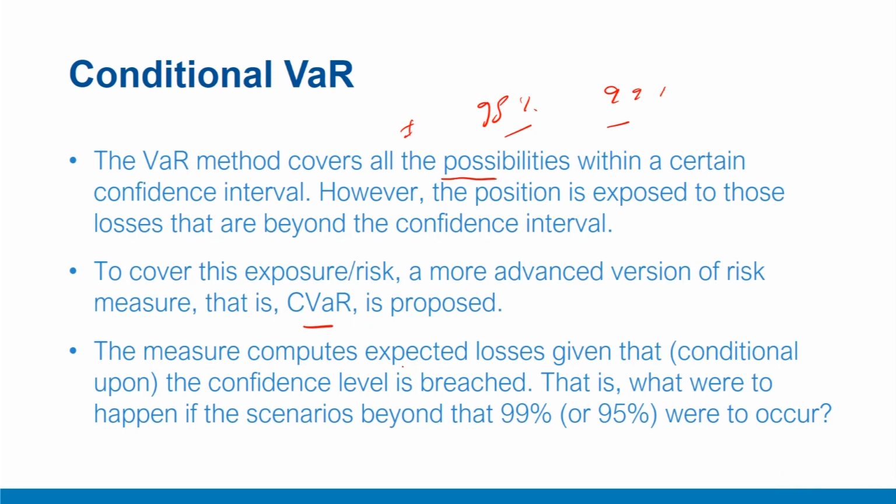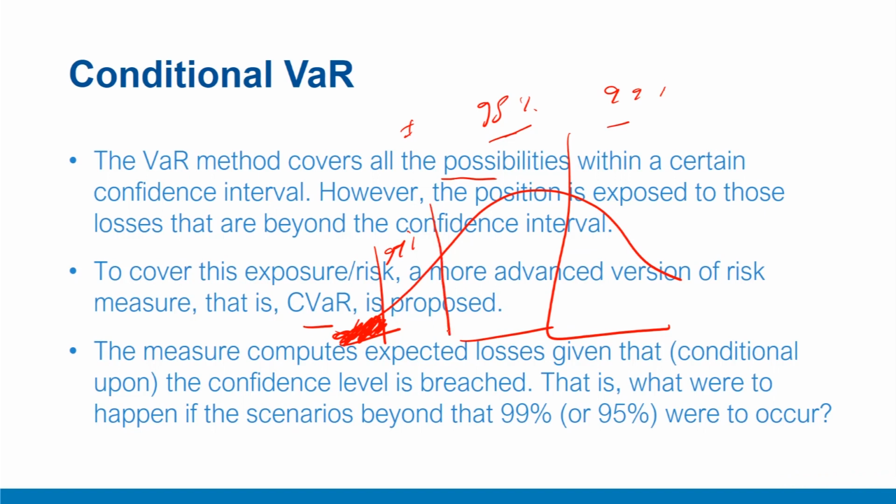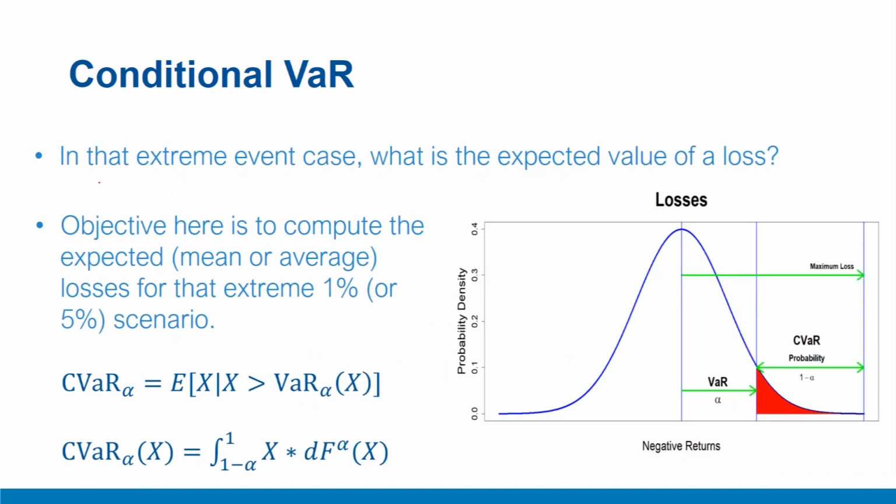The measure computes the expected losses, given that this confidence level of 95% is reached. For example, given that you are in this extreme region, what is your expectation of losses? Let's say this is 99%, or if you believe 95%, then if it is a 95% cutoff, what is your expected loss if you are in this region or this confidence level is breached? In order to answer this question about the extreme event case, what is the expected value of loss? To answer this question, what we do here is